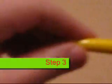Now, remove the cap. Many, you can screw the cap off. But for some, you have to pry the cap off with pliers. You twist and pull until the cap